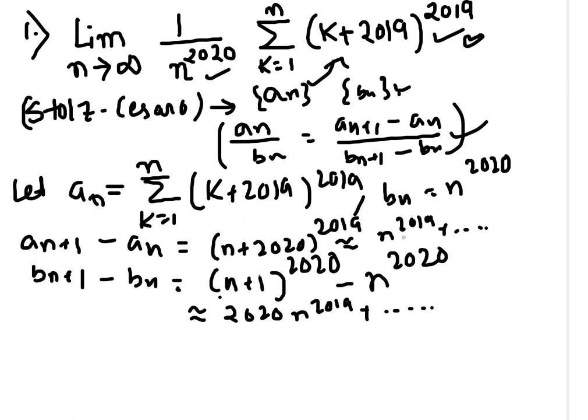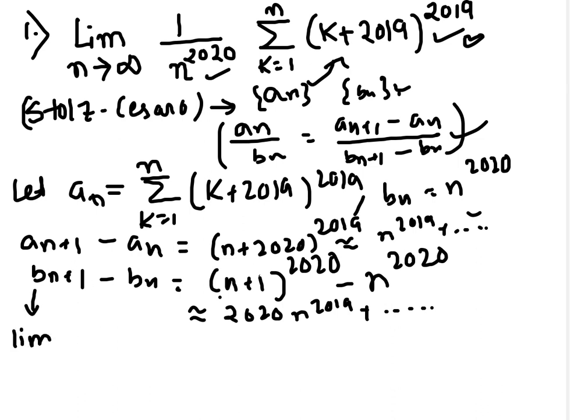So when you do a(n+1) minus a(n) divided by b(n+1) minus b(n), you divide by n to the power 2019 up and down, and everything else cancels off because everything is a lower power of n. So when you apply the limit, everything else becomes 0, and you only have 1 by 2020. So this division